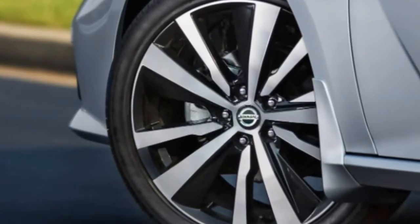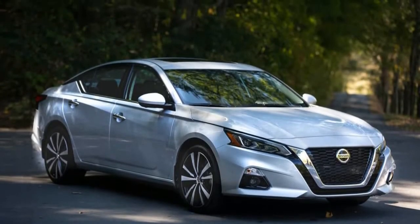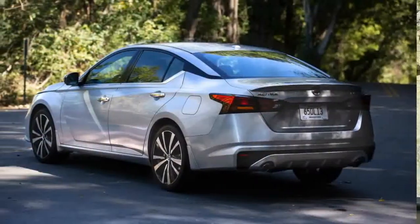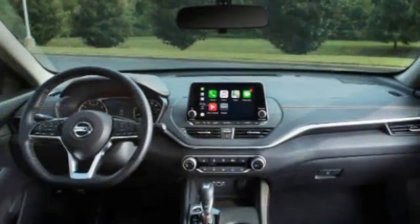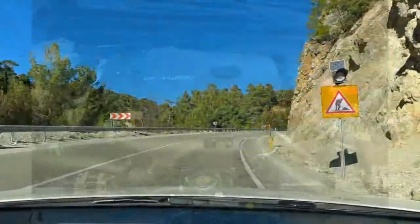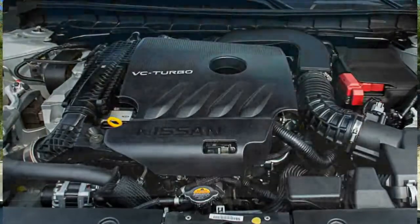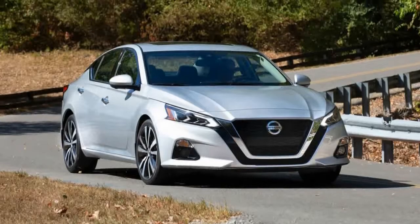This latest Altima generation is more appealing thanks to solid fuel economy and useful driver safety aids, but it fails to truly match the segment all-stars. The Altima won't win you over with stellar acceleration or braking. Our test all-wheel drive Altima had the 2.5-liter engine, and it covered 0 to 60 miles per hour in an unremarkable 8.4 seconds. The CVT automatic is well tuned, however, and helps make the Altima an almost invisible partner during